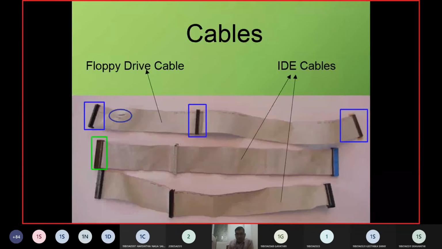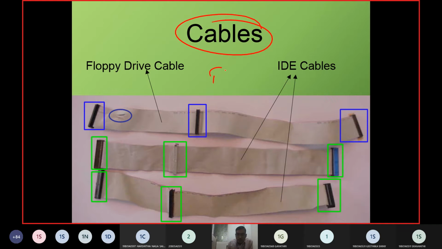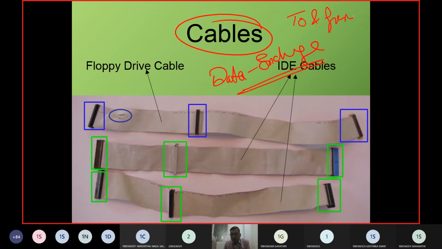Next comes the important thing regarding cables. Cables, as mentioned, are able to make data exchange to and from the CPU, memory, and IO devices.